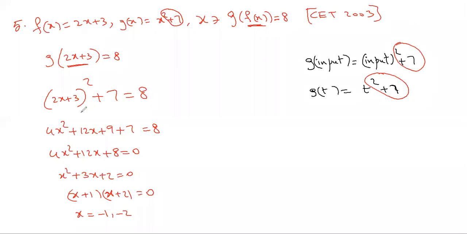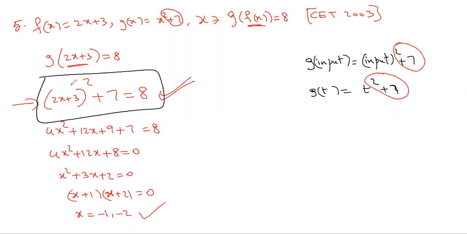So its main part is this. If you write this one properly, then after that it is just simplification and getting the answer. Once you get this step, in which there is no g and there is no f, you can verify the options. The options given are 1, 2; minus 1, 2; minus 1, minus 2; 1, minus 2.